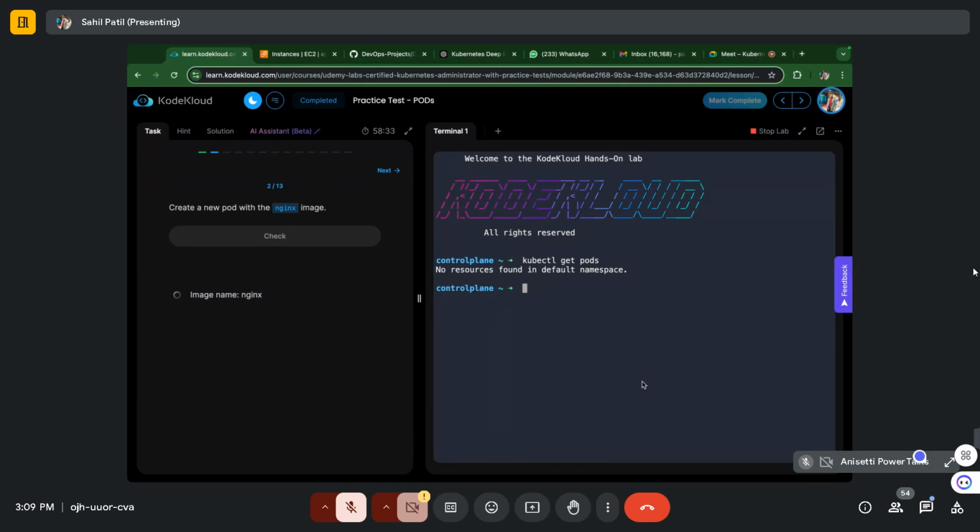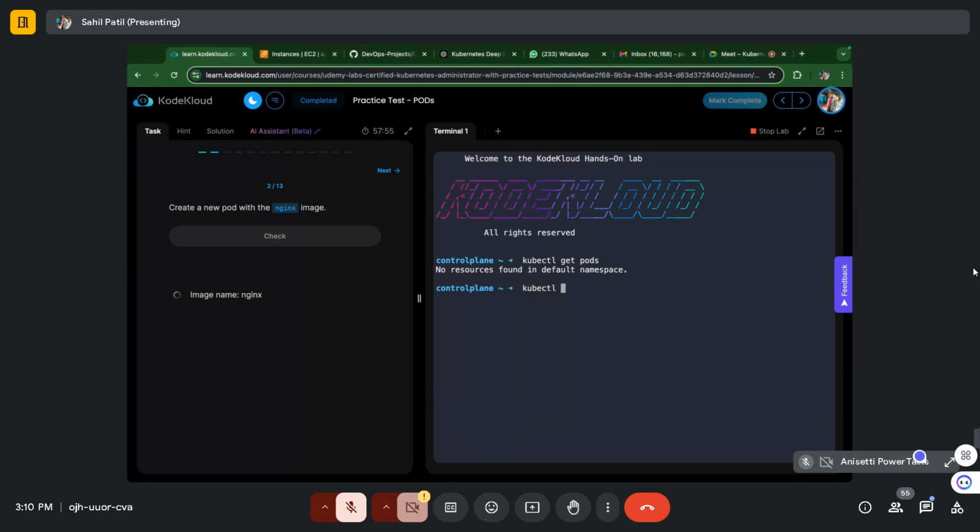Basically, the imperative way is using the command and giving the specification into the command itself. And about the declarative way, when it comes to Kubernetes, we have to extensively work with manifest files, right? So in the declarative way, we have to specify the YAML manifest file for creation of any resources. Now we will have a look into that as well, but for now, just create a new pod using the imperative way. Okay? So you will be using the command